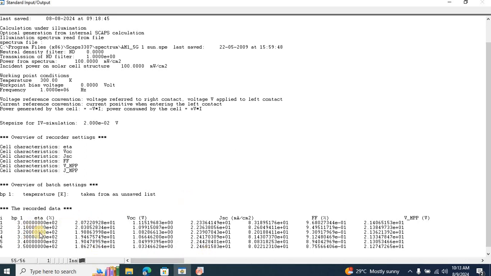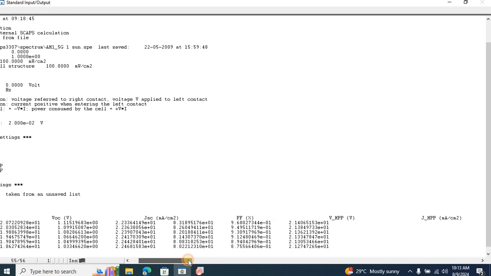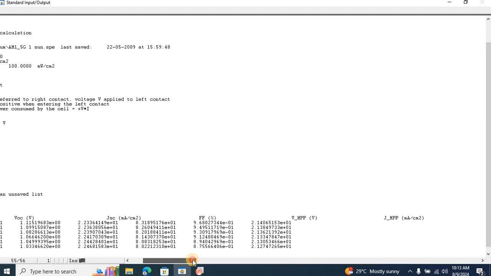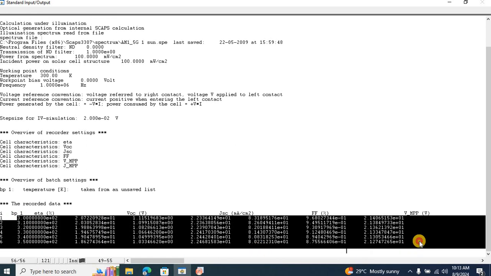The first column is for temperature, the second column is for VOC, the third column is for JSC, the fourth column is for fill factor, the fifth column is for the maximum voltage point, and the sixth column is for the maximum current density point. So I'm going to copy all these columns,